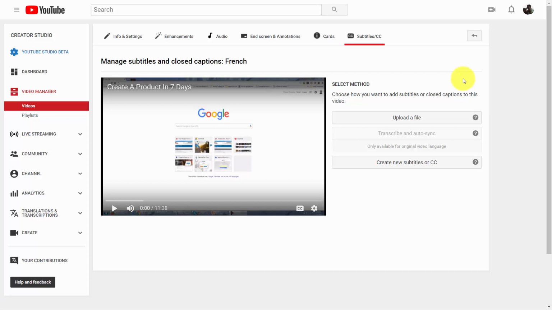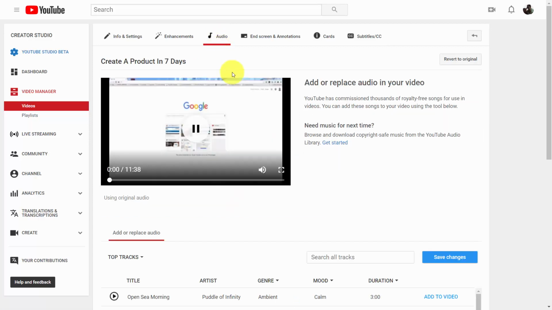Welcome back. Now, depending on what your live stream is and what you're trying to do, another part of the post-production process may be to add music. And you can do that inside of your video editing screen by going to this link that says audio. When you do that, you'll notice that you can add or replace audio inside of